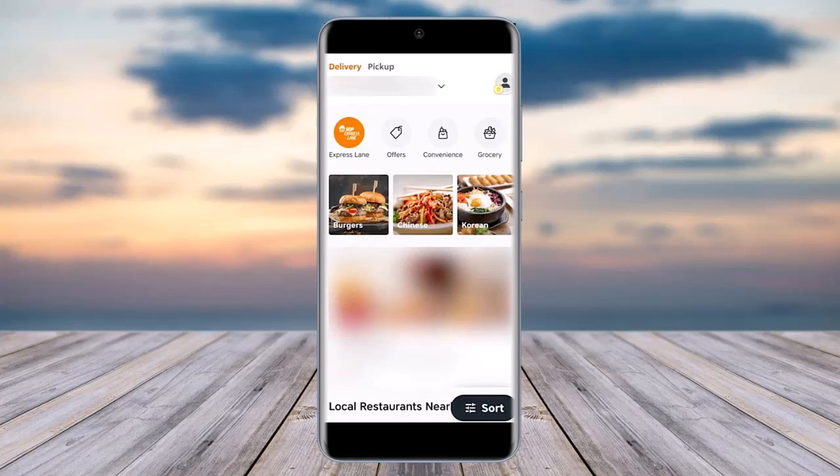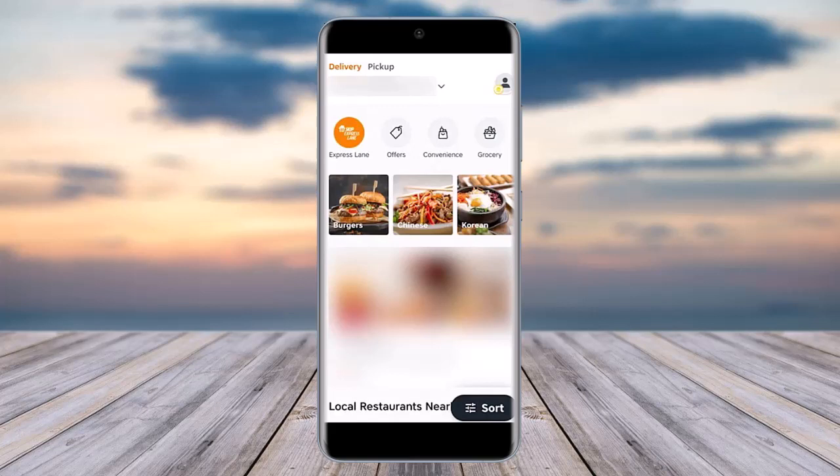So for the matter, the very first step would be simply for you to access your particular Skip the Dishes app on your mobile phone. So once you have done so, you're simply gonna find this kind of option. So you're gonna choose a food for your cuisine. Once you have chosen that particular food that you would like to order, in the checkout section you're gonna go